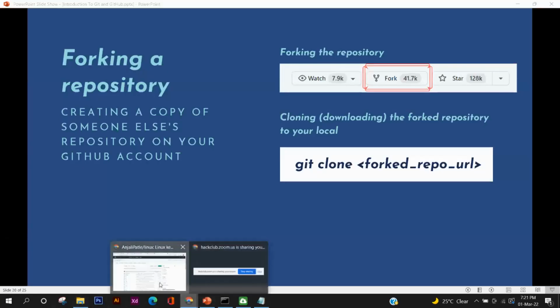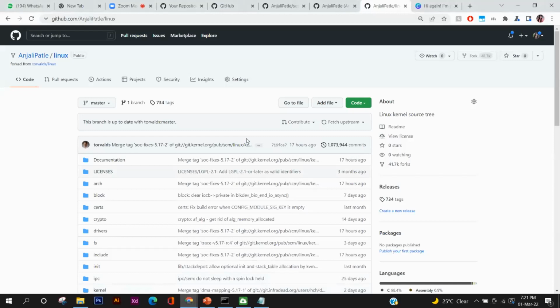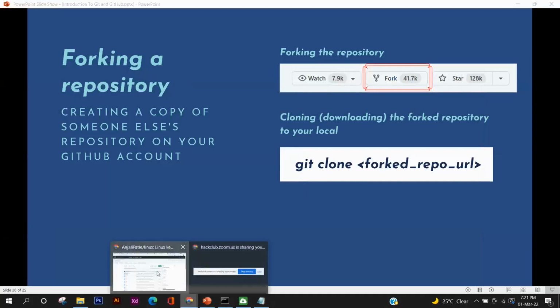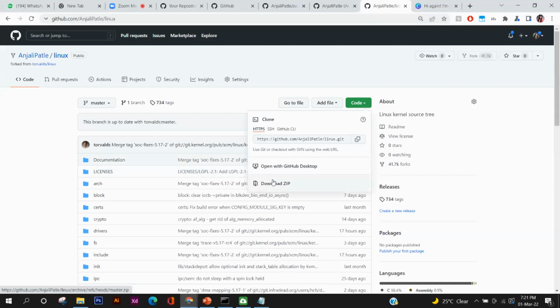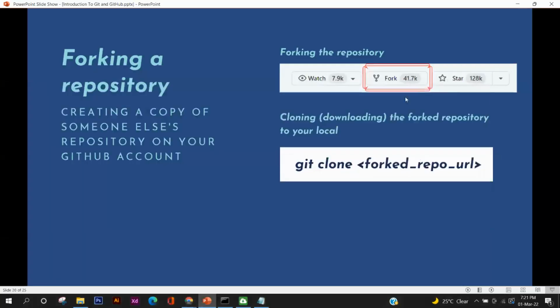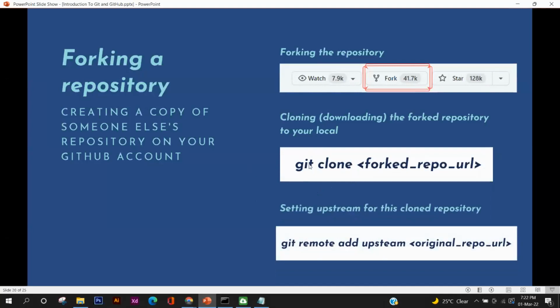We have something on our GitHub that I don't have on my local, and I want to download it to my local. So that is what git clone will do. You also have an option to directly download the code, but cloning enables us to have the code as well as all the history of the commits that were made. Everything will be cloned into my local machine. And after this is cloned, what we do is we add the upstream,